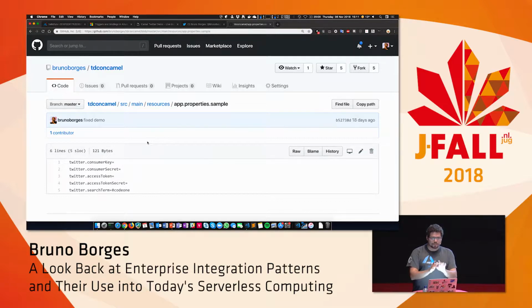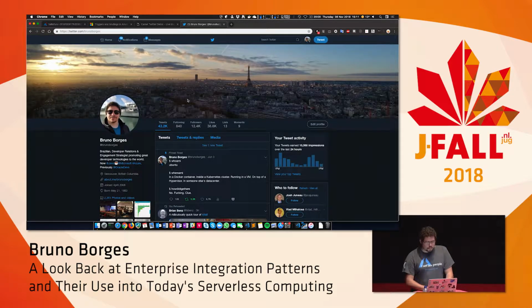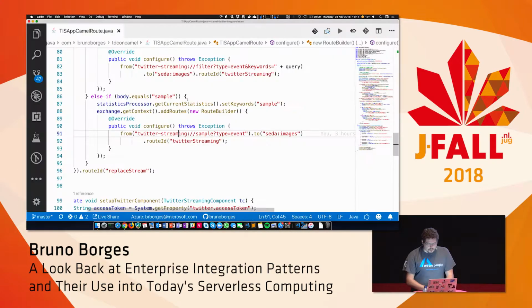Not Maven package, not Maven exec, not Maven compile, just Maven. Pretty easy. So easy that sometimes I forget that I can just do Maven. I try to do Maven exec and it doesn't work. So this is just displaying Camel.